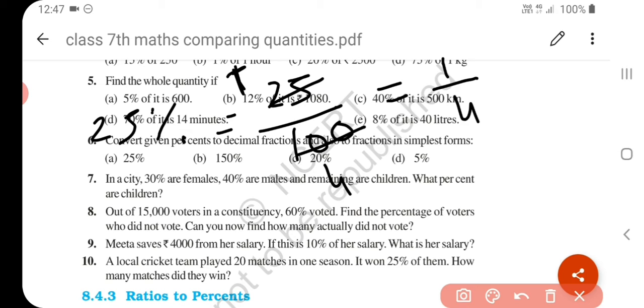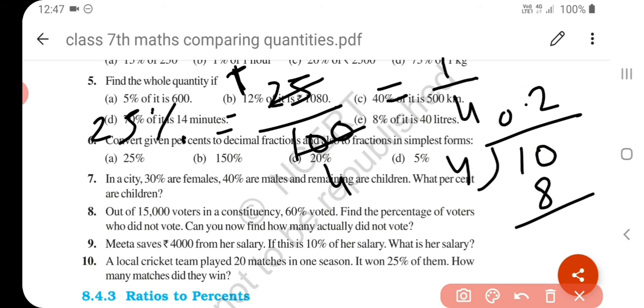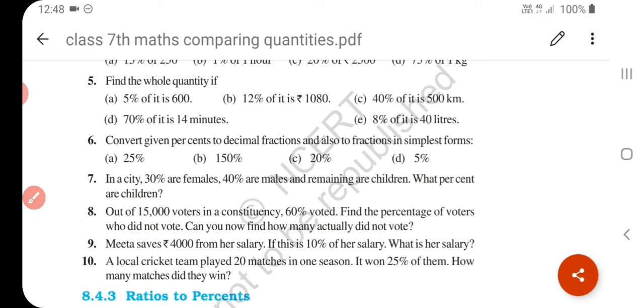Now you have to convert it from percentage to decimal fraction. You have converted this into a fraction, now what will its decimal be? If you want to divide 1 by 4, 2 4s are 8, 4 5s are 20. So your answer is 0.25. Okay, understand? So this way you convert percentage into fraction in lowest form and decimal.